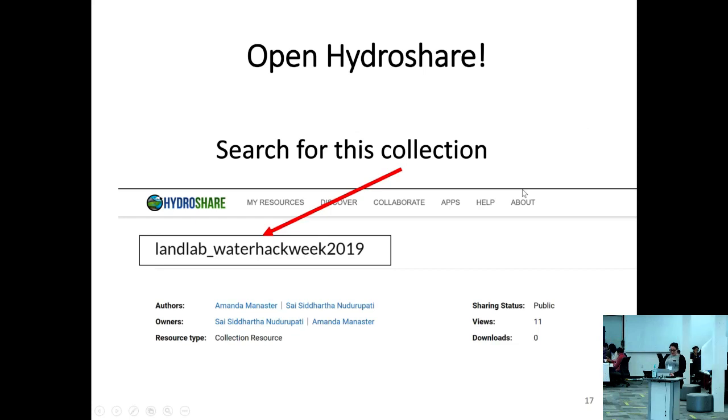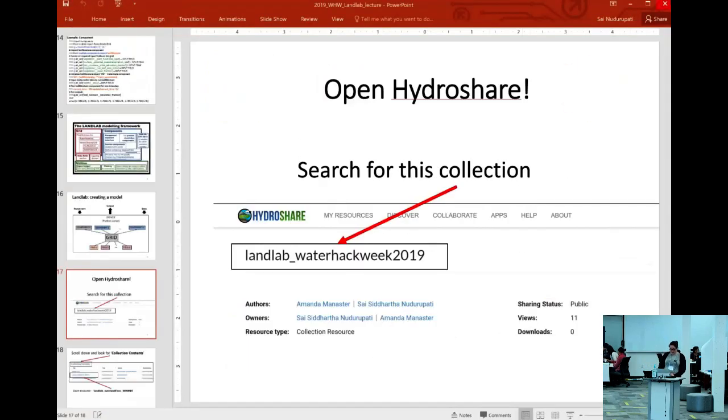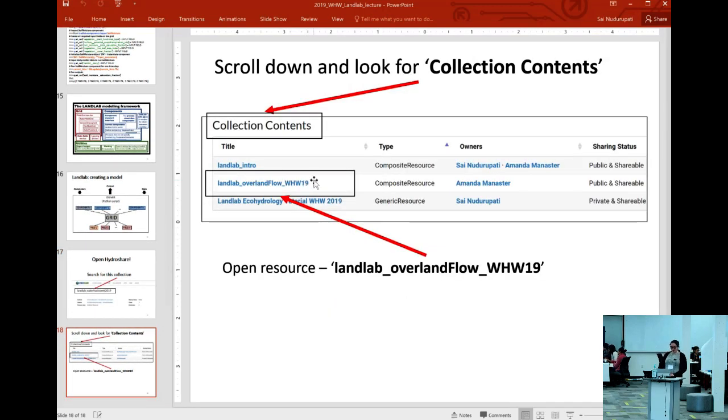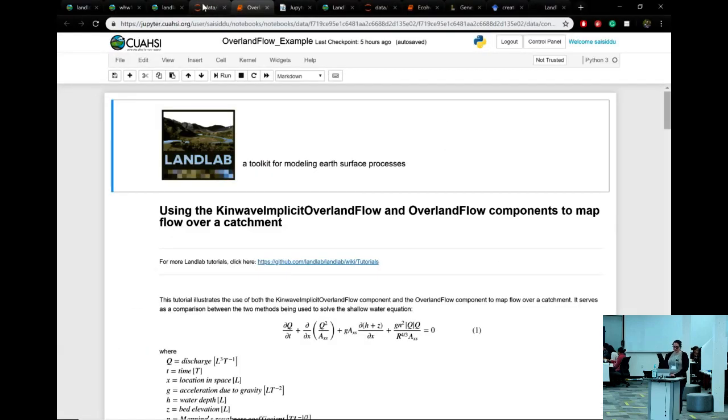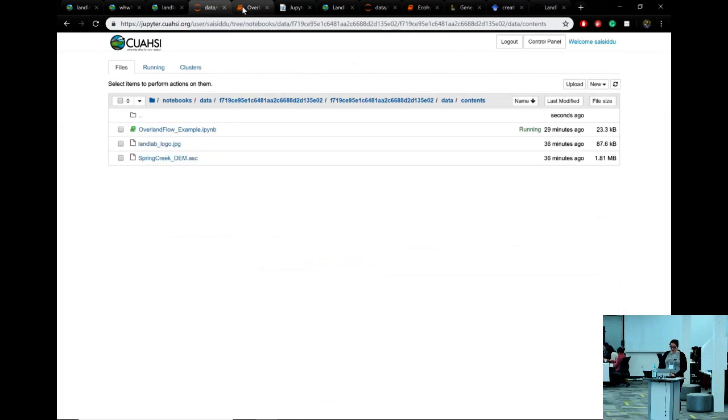So I am going to take you through the Overland flow tutorial. Thank you, Sai, for a great presentation. If you go onto HydroShare and search for Landlab_Waterhackweek 2019, or actually I sent it in the Slack as well, if you go to that collection and open up the Landlab Overland Flow WHW 19, that is the notebook that we're going to be going through. So if you open up the Overland Flow example IPython notebook,